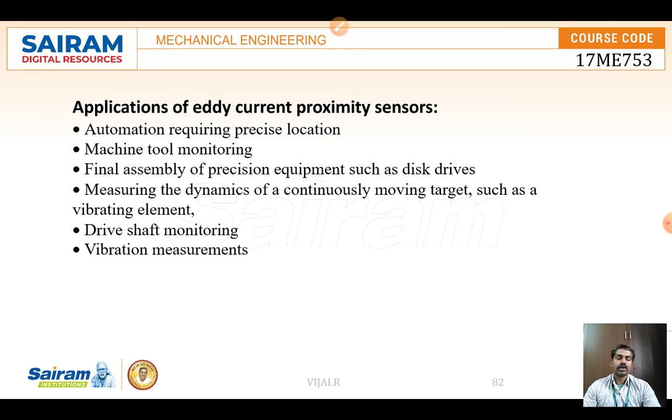In automotive vehicle guidance systems or car parking systems, we might have a sensor at the backside. When we are parking the vehicle, we get an alarm that there is a wall or some human beings coming nearby. How is this? Because of proximity sensors. The usage of proximity sensors and the techniques are many.